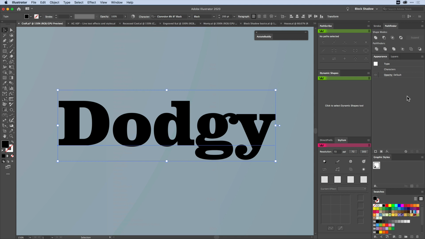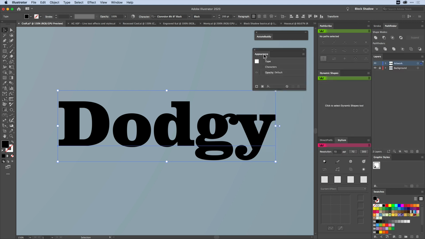So the Appearance Panel is really going to be used hugely for all the effects that you saw there. Somebody also shouted out about being able to create a graphic style based on something you've done, a live bit of text effect you've done, which is great. But really what we want to do is see where we can go natively with this. So if we look at the Appearance Panel, and I've just got a plain bit of text here, I'm going to look at the bottom of the Appearance Panel. In fact, let me drag it out so you can see it a bit more fully. At the bottom of the Appearance Panel is where magic starts to happen.